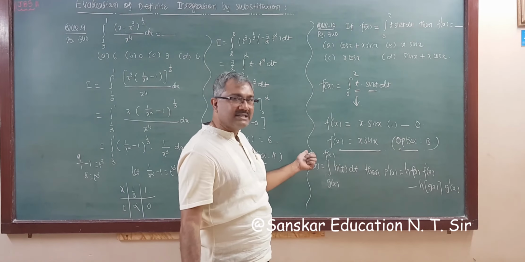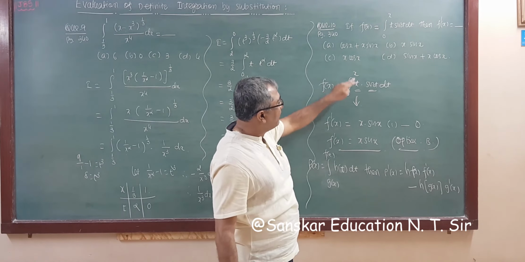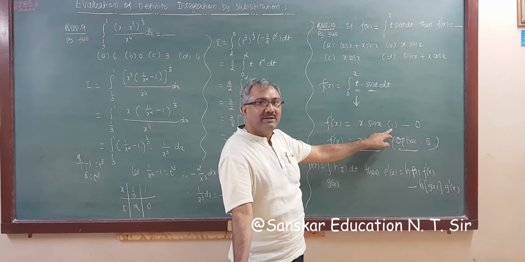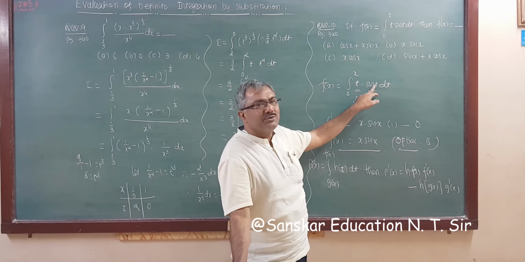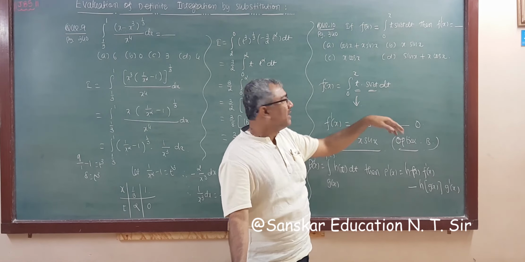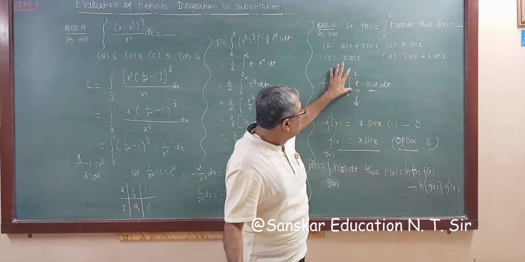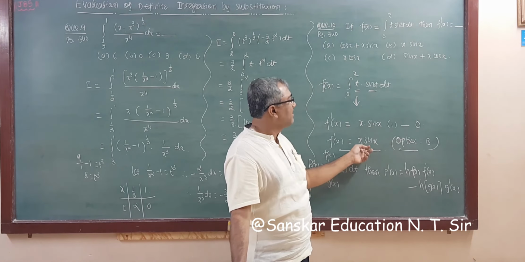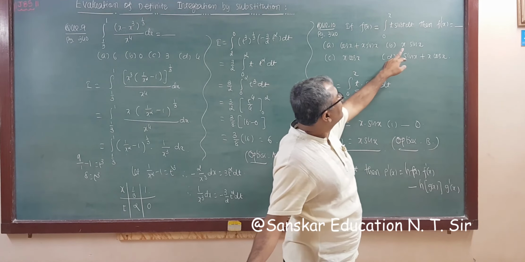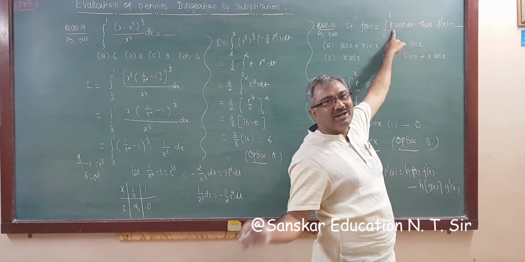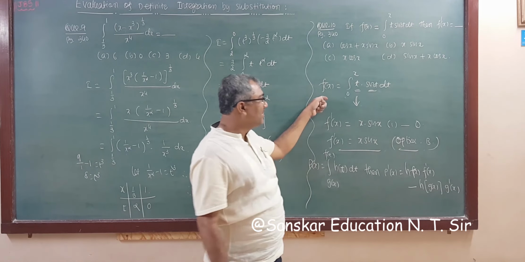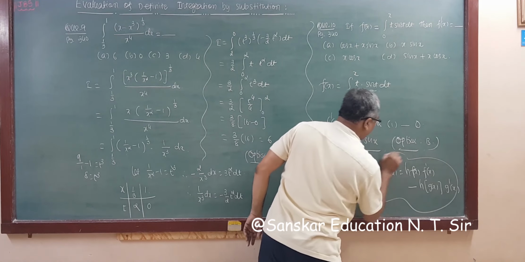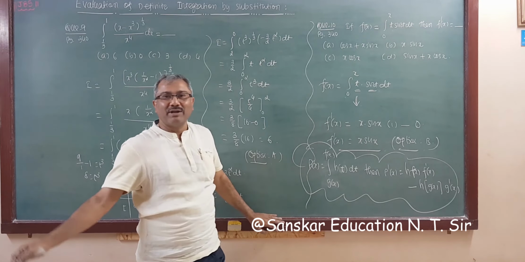You have to substitute the upper limit first. So upper limit first is x into sin x, derivative of upper limit is 1. Now substitute the lower limit: 0 into sin 0 is 0. Or you can see here, the derivative of 0 is 0, constant. So everything is 0, so we'll get the answer here. Instead of using integration by parts, you would have to write more steps. So remember this formula for your competitive exam.